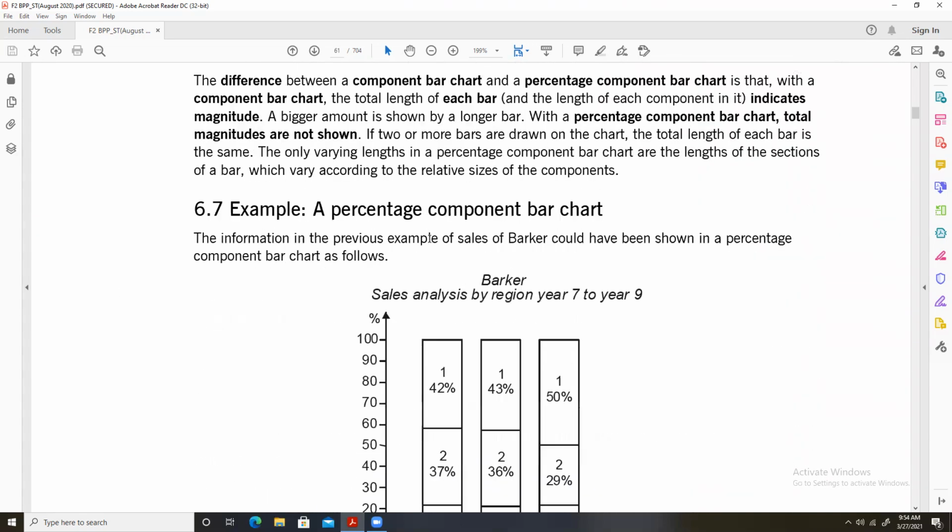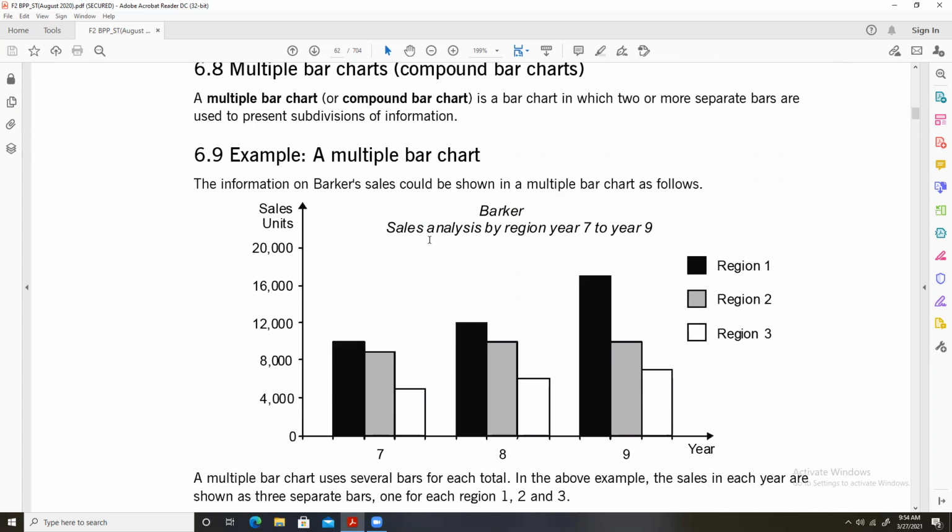Now, bar chart, this is the thing that you need to know, because if you are working in the capacity of an analyst and you are required to present a report to your seniors, the senior management of the company, then you will have to know in which situation which diagram is used, and this is very important. Even the F2 examiner has also highlighted this point in his reports.